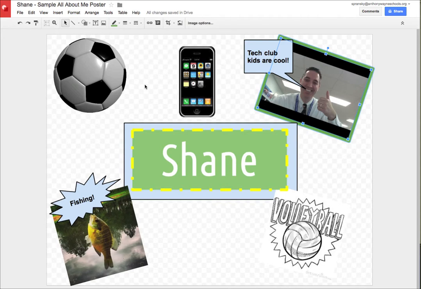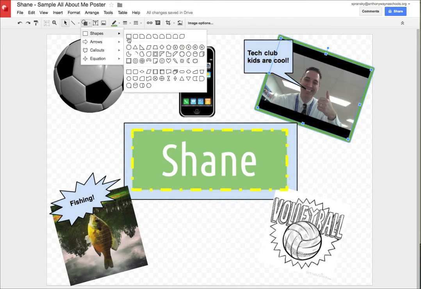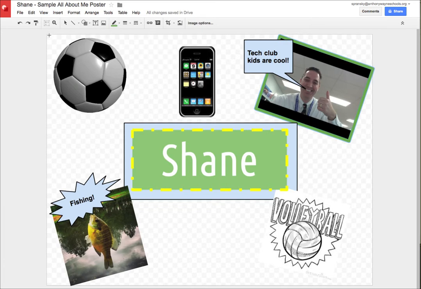Okay, so there's a couple ways you can do this. Let's talk about the simplest. Let's talk about a solid color. If I want to make a solid color background, I'm going to go to Shapes, and I'm going to choose a rectangle because that's the shape of our drawing. And I'm going to click, hold, and drag from the top left to the bottom right,